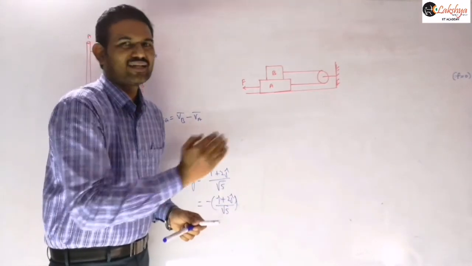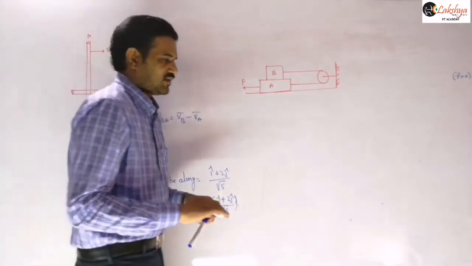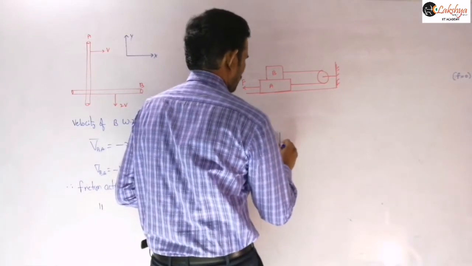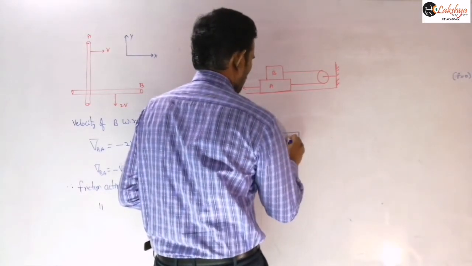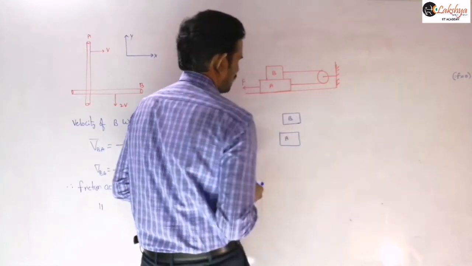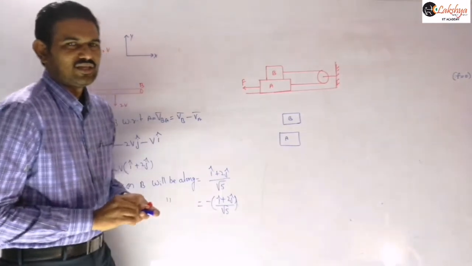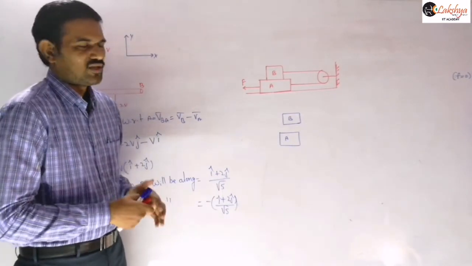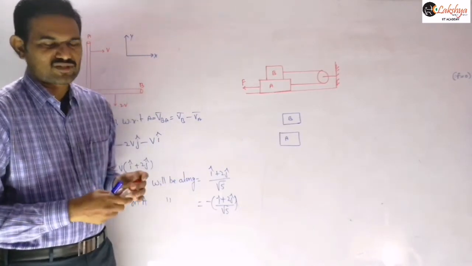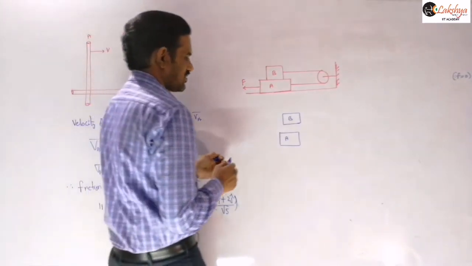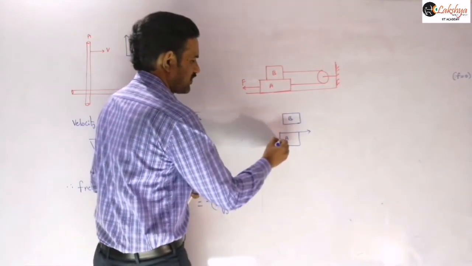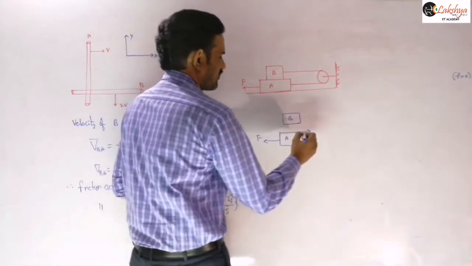And so then friction acting on it should be towards left, and so we can write this as, if this is block A and let us consider this is block B, right? Simply what we are assuming here is, if friction is not there, then one block will move towards left and the other block will move towards right. And so then friction will oppose this motion here. As this block is moving towards left, the friction will oppose it.